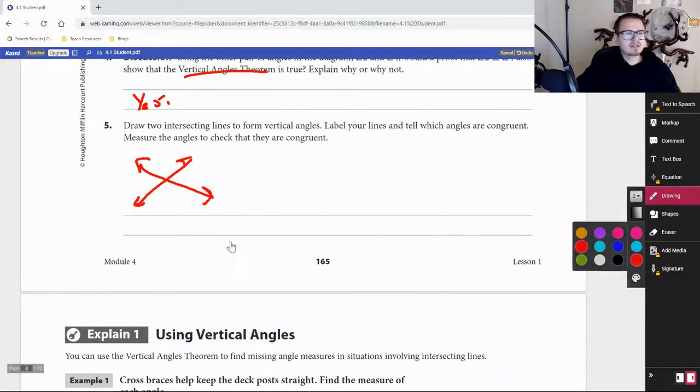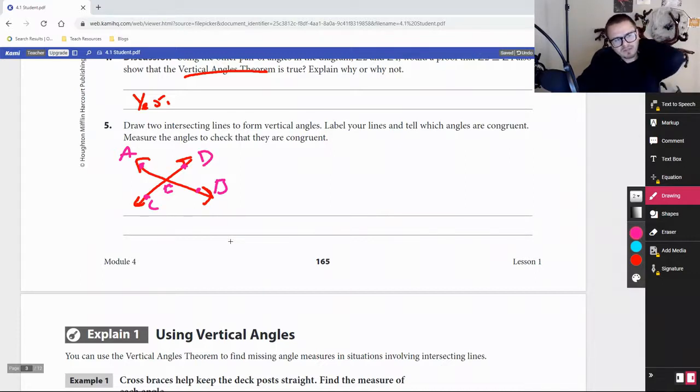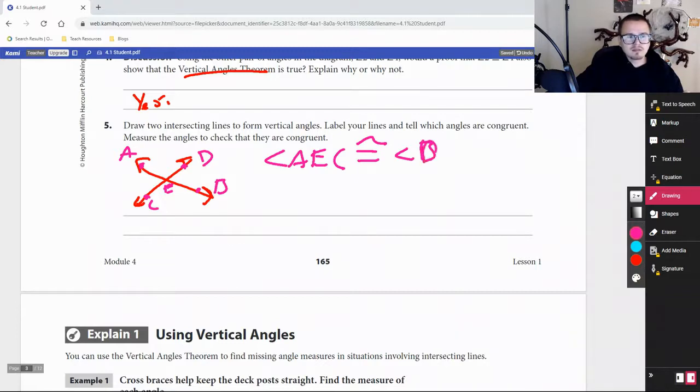Label your lines and tell which angles are congruent. So we got A, we got B, we got a D, and we got a C, and we got angle E right there. So if this is what we drew, that's it. That's an E. We could say that by the vertical angle theorem, the measure of AEC is equivalent to D, that's a D. EB, and you can say that the measure of angle AED is congruent to, so AEC,